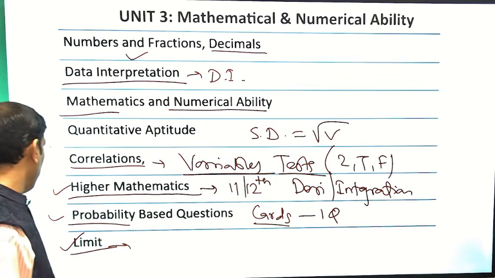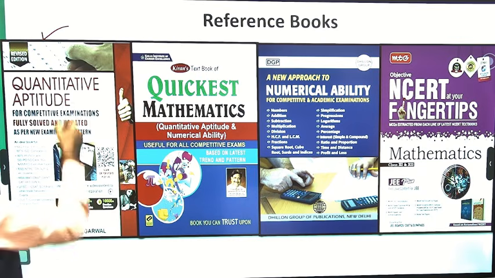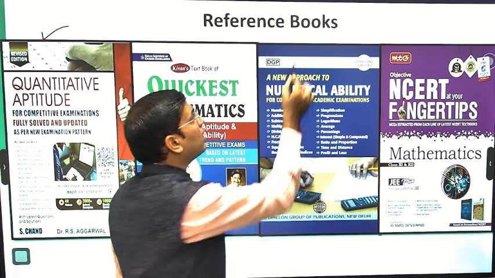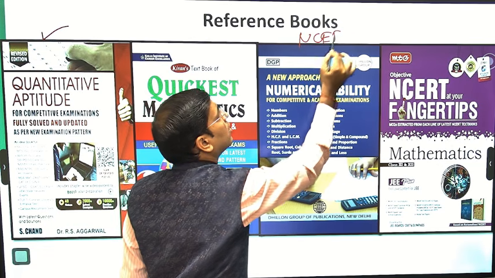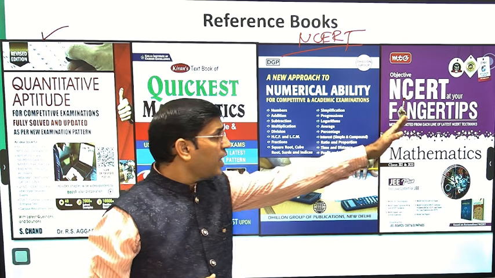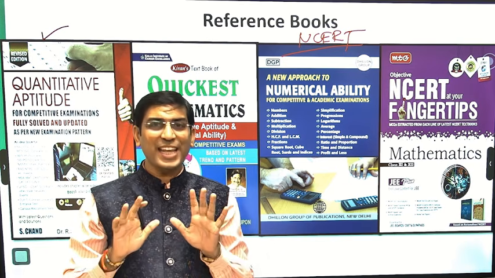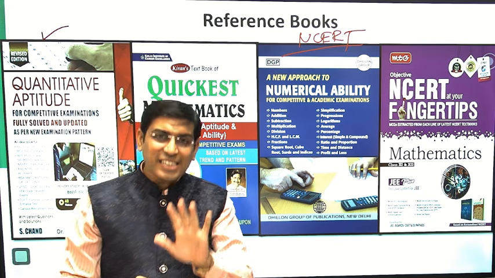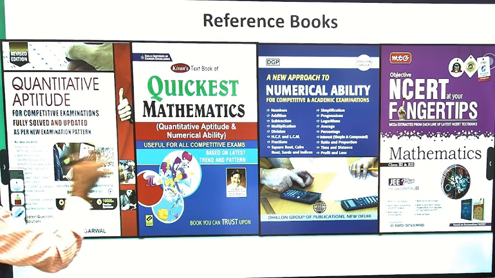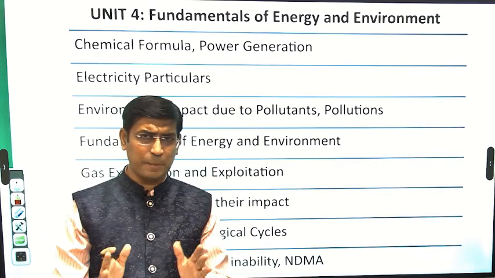Okay, so you have to move on with some of the key reference books. Again, I could say quantitative aptitude, quicker mathematics, numerical ability, and most importantly, if we follow just the NCERT book, that's it. So NCERT book अगर आपको मिल जाते हैं, that is available in downloadable format. So it is very easy to analyze such type of questions here. Fine. And yes, NCERT specifically for 11-12, that is fine from the preparation point of view.